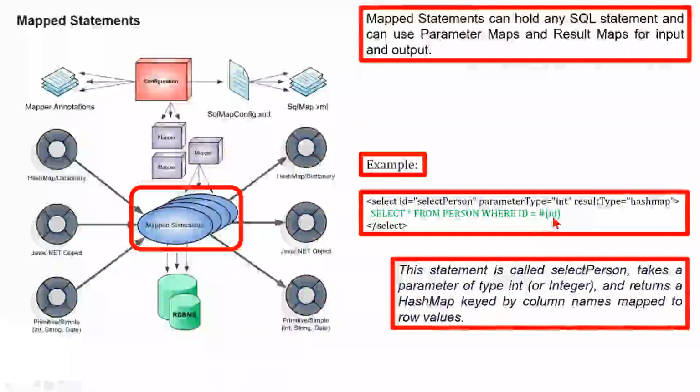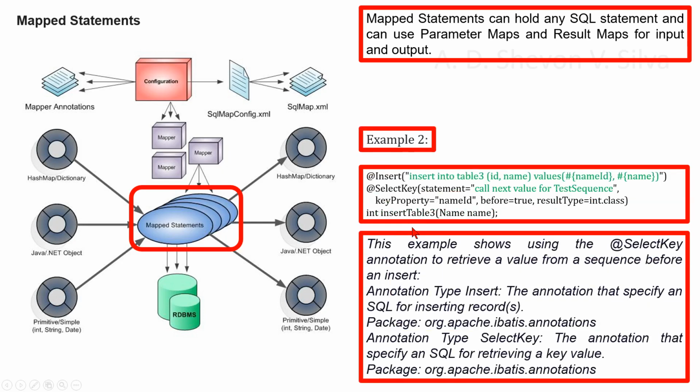Int or integer, and returns a hash map keyed by column names mapped to raw values. As an example 2, we can consider the